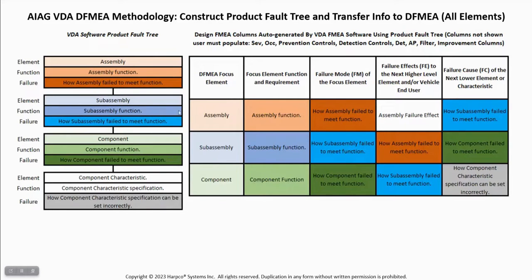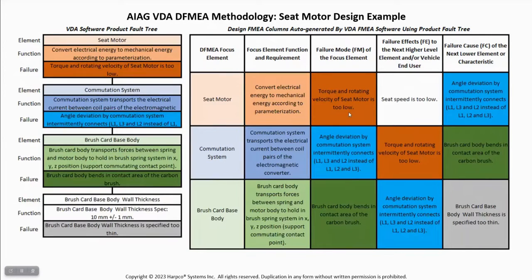So that is how basically the software, after you go in and you're building this tree, the structure tree, the function tree, and the failure tree, grabs this information and populates these core columns of the design FMEA. Now, what you then have to do, so